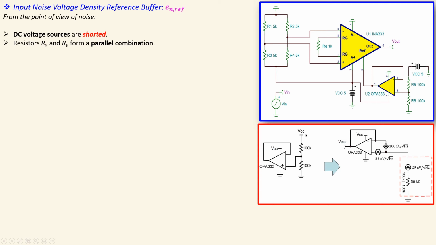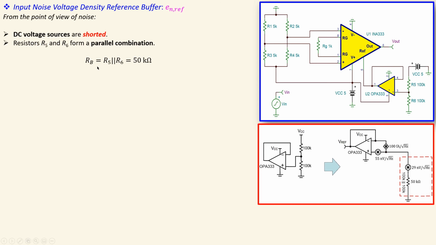And if you now look from a point of view of the noise, you have of course the input noise voltage source and also the input noise current source. You can see that here for specifically the OPA333. And you have of course these two in parallel, because this is grounded, and this will also generate its own thermal noise voltage, and that's already given here in series. So that will be of course also discussed shortly.